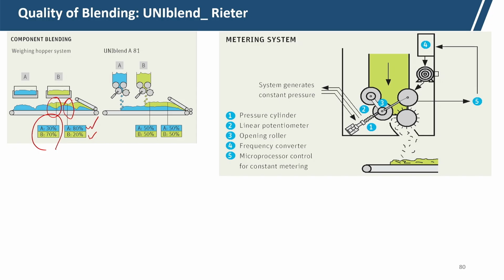After delivery, things will go on in a sequential manner, so it is very difficult to rectify this problem. Better care has to be taken here. That is the problem of the weighing hopper system, but UniBlend has a unique feature of opening the